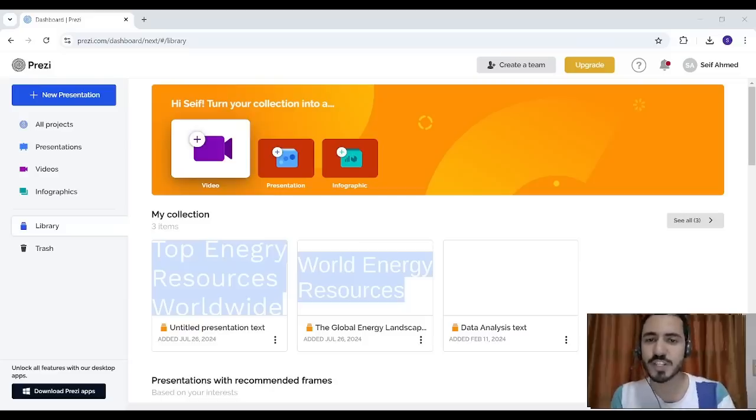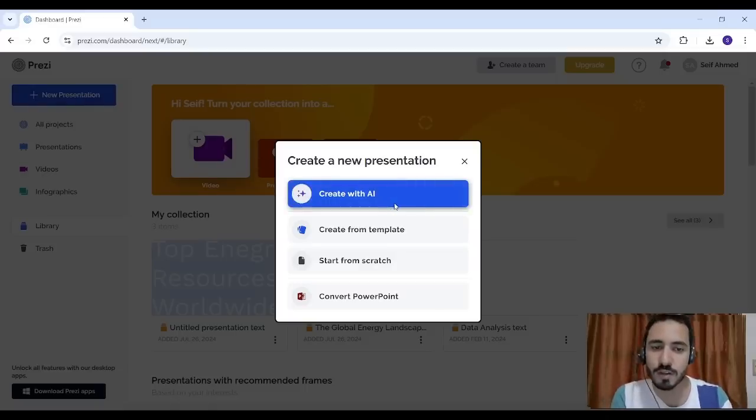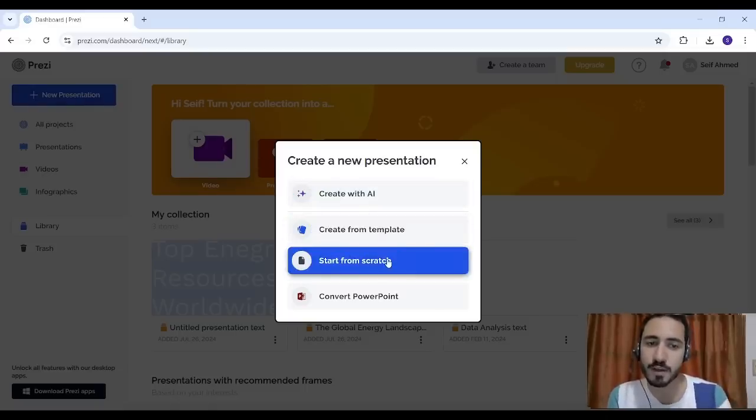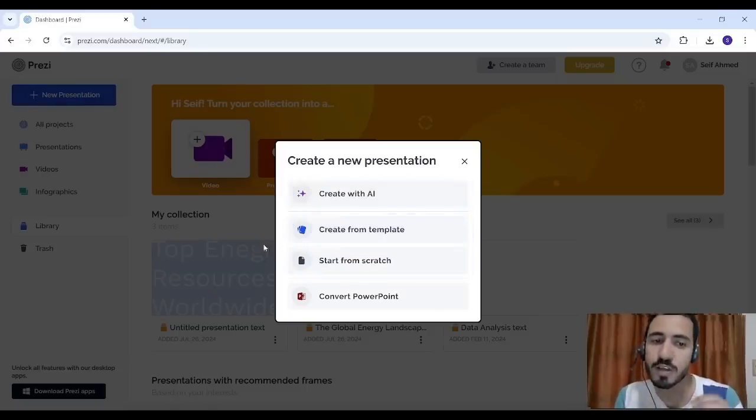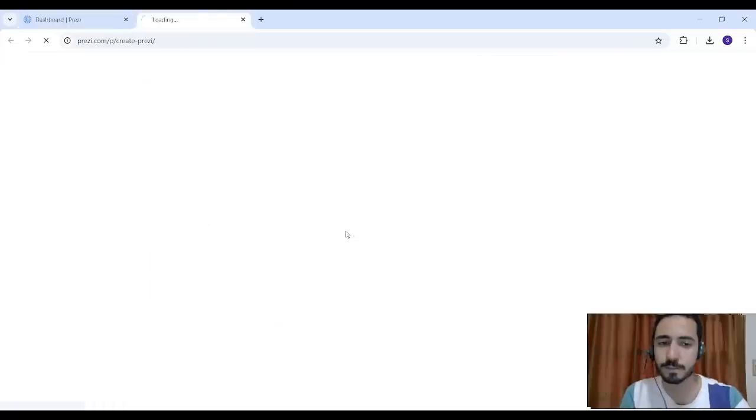Of course, Prezi is not only a website that creates presentations, it also creates things like videos and infographics. However, we are going to use Prezi today just to create a presentation. So these are the things that are provided by Prezi, and I'm going to click on new presentation. You can also create it with AI, with a template, from scratch, or even convert a PowerPoint into a Prezi slideshow. So I'm going to choose create from template,